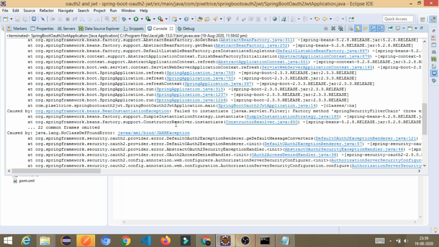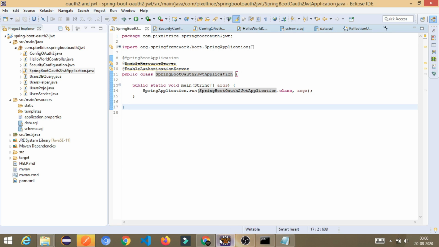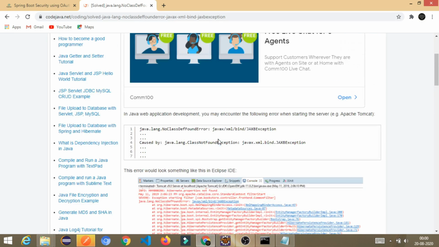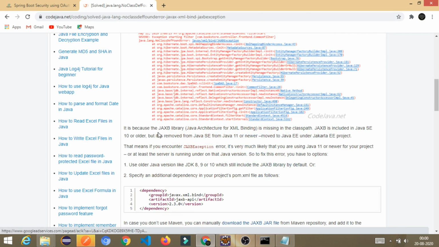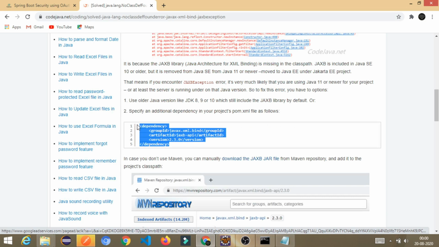So to solve this issue, I found a solution on the internet on how to solve this problem. It is mentioned that this JAXB library is missing in the classpath, and it was included in Java 10 or older, meaning up to 10 it was there, but after 10, like Java 11, it is removed. So if you are getting this error, use this dependency and explicitly copy it.